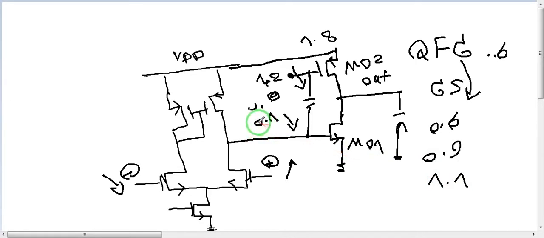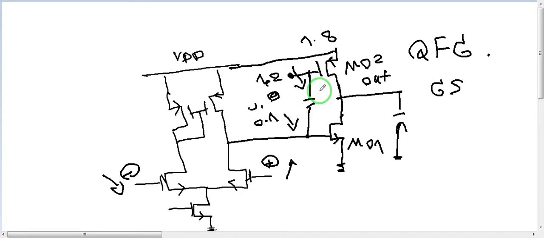This is 1.1, and the voltage this is not 1.1, this is the gate source difference, but this node can go down to numbers such as 0.1. So this is quasi-floating gate, as you can see,